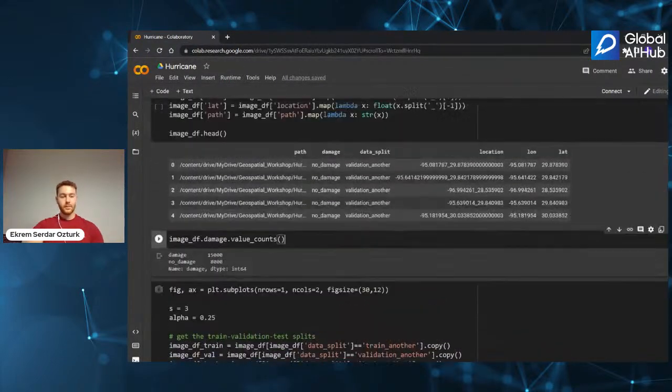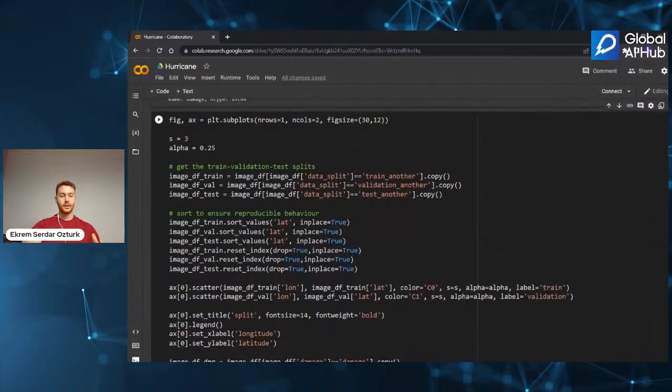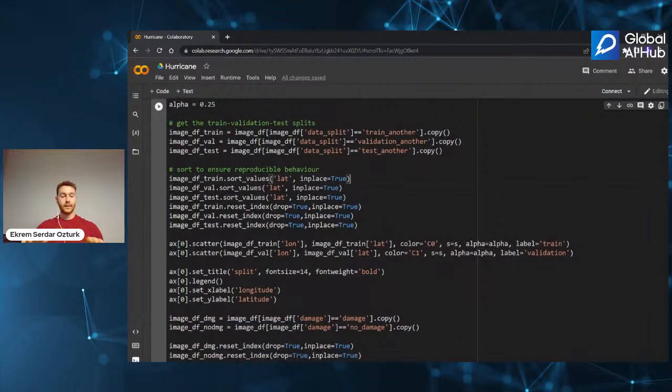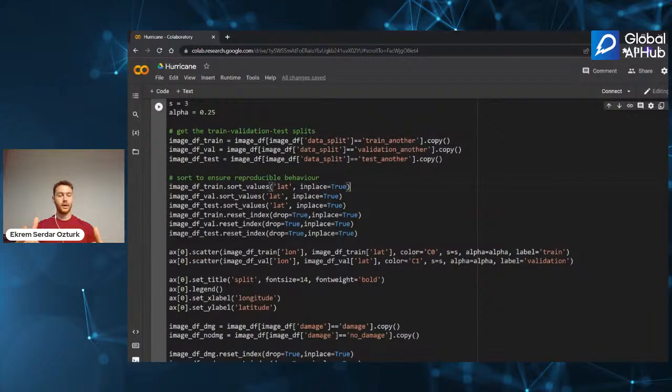But when we split them, we also keep the old indexes. For example, think about damage: if we take a row with index 2, it doesn't do any good. So first we sort the values for all of them, and then we reset the index, so every one of the data frames starts from 0 up to its length. That way we have reproducible data frames.